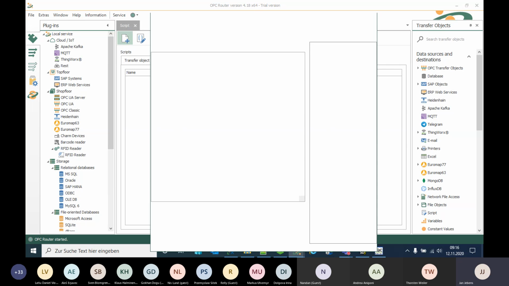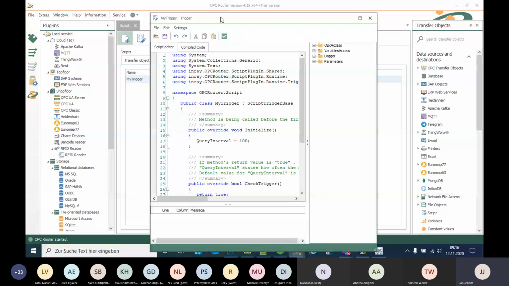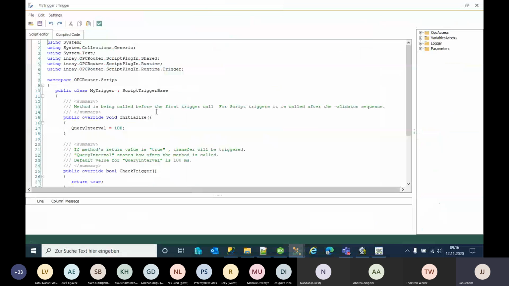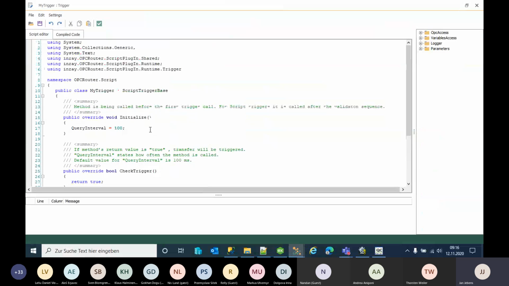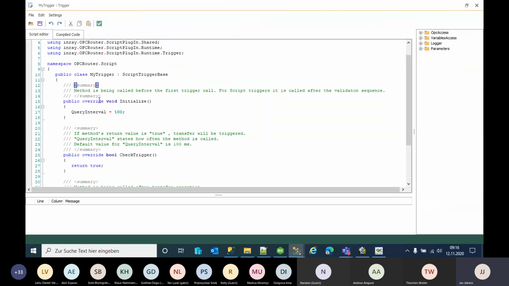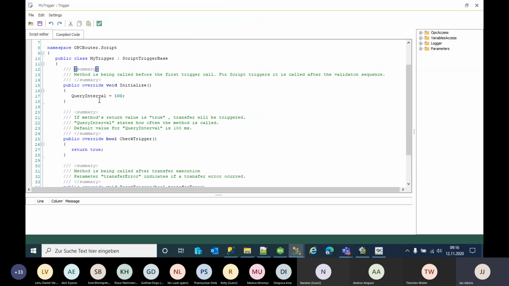When you do that, a basic editor opens. So it gives you some functionality. Actually, this is an interface, a type of interface. And everything is programmed in C#. The editor starts with supplying three methods. The first one is the initialize method. So this